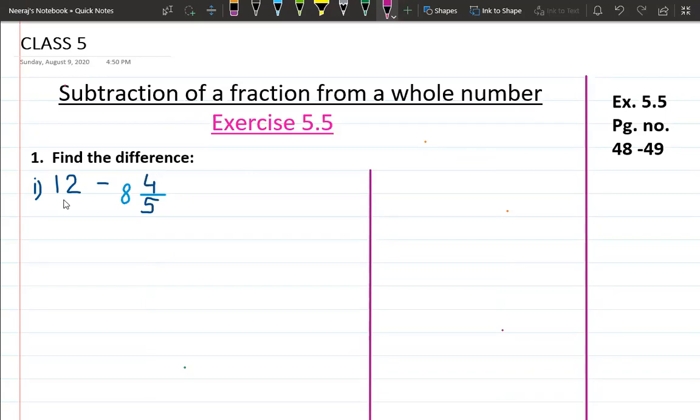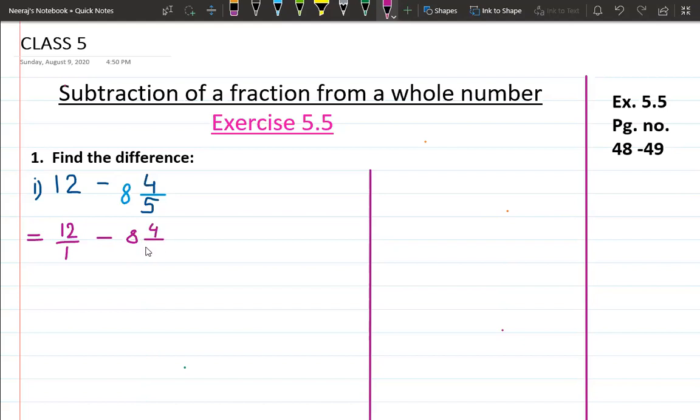So here we have a whole number, that is 12, and we have to subtract the mixed fraction 8 4 by 5, right? So firstly you have to write the whole number as a fraction. How can you write a whole number as a fraction? Because here the denominator is invisible. To make it visible, we always write 1 in the denominator. We cannot use any other number except 1 in the denominator to make it visible, right? Whenever you want to write a whole number as a fraction, you can write 1 in the denominator. After it, you can subtract the